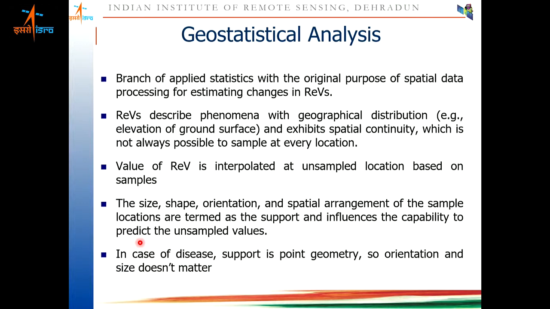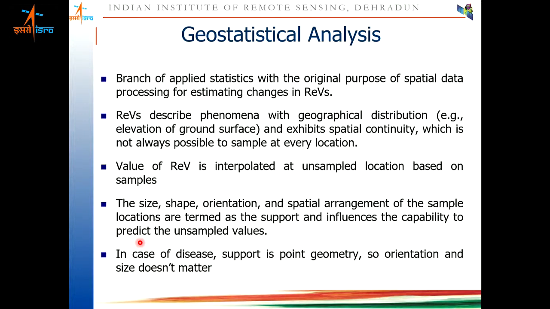This can be done using geostatistics methods, using the Kriging method. Geostatistics is basically a branch of applied statistics which makes use of regionalized variables instead of random variables.